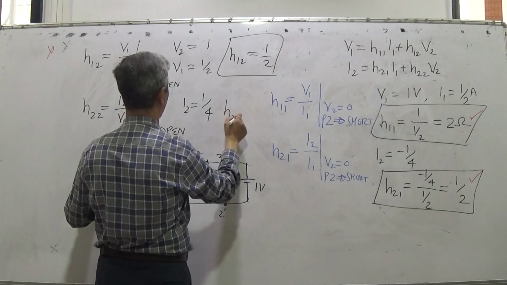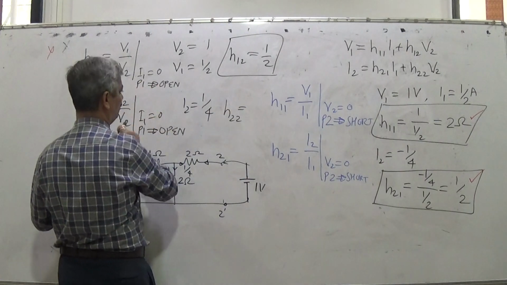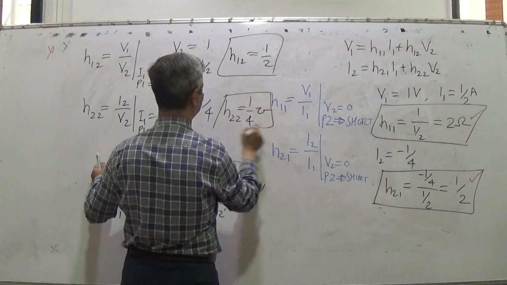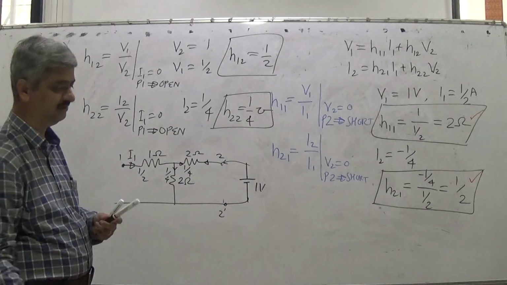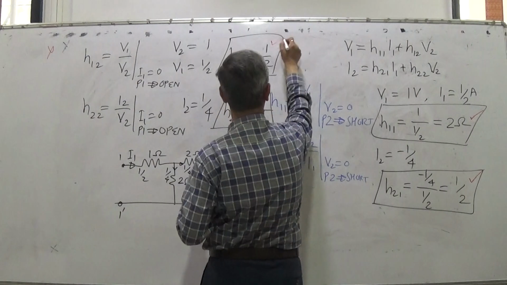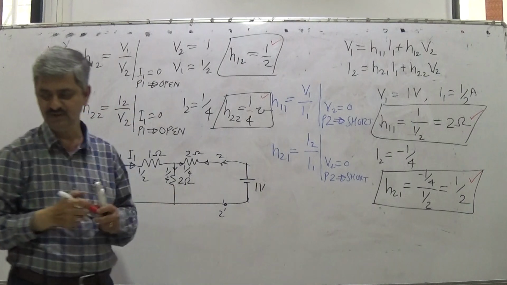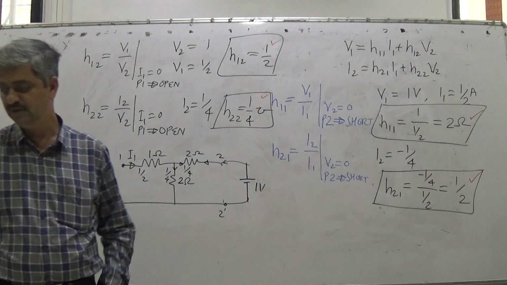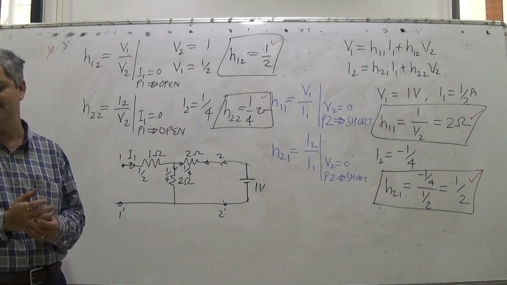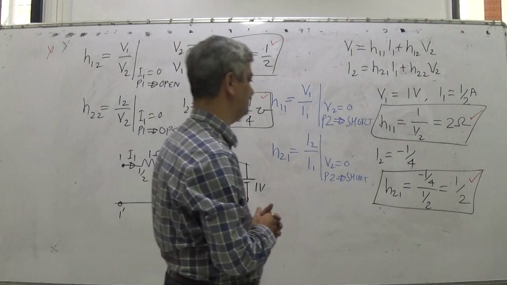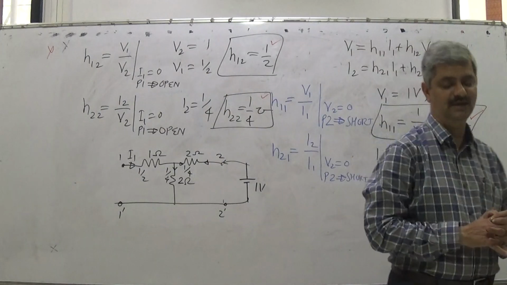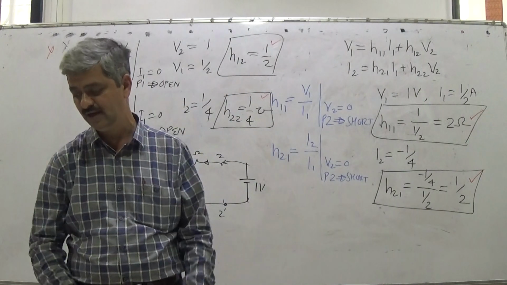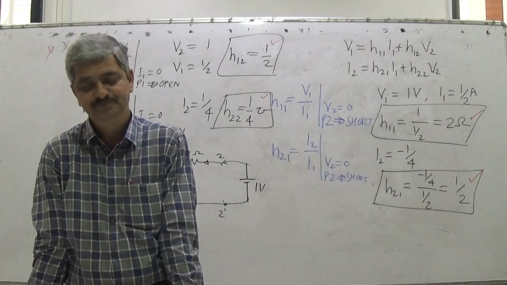So H22 is equal to 1/4 upon 1, that is 1/4 mhos. So these are the remaining two parameters. So these four are hybrid parameters: H11, H12, H21, H22. So this is the third way of expressing the